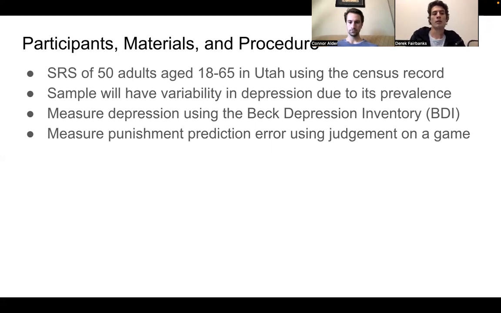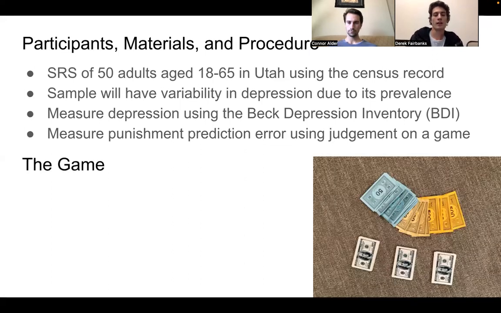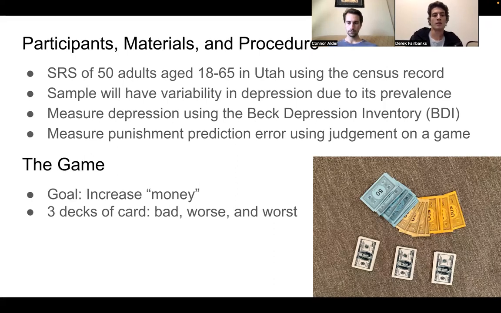And how we're going to measure punishment prediction error is using this game that we thought of. A lot of the studies that studied reward prediction error used a similar type of game that had different rewards, where they could draw from different stacks and get a different reward depending on the stack they drew from. So we designed a similar game to test punishment prediction error, where they're drawing from 3 different stacks that are different degrees of punishment. We give the participants a net amount of fake money. We tell them that their goal is to increase it in this game. We have incentives with different prizes that they can get at the end of the study to incentivize them to do